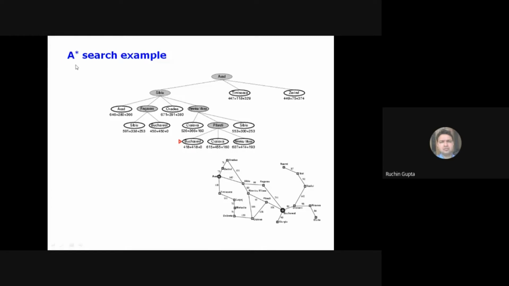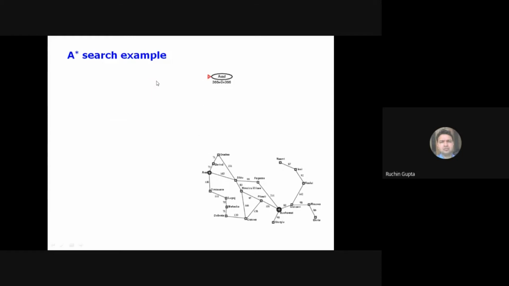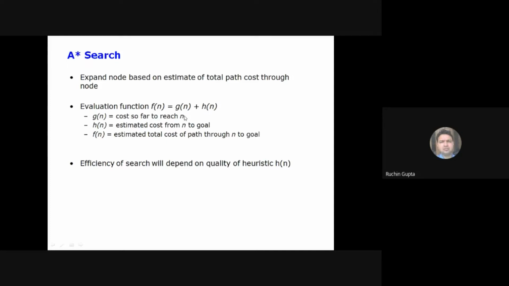Okay, so what is the difference between the A star search algorithm and the previous greedy best first search algorithm? A star is using the evaluation function, which is a combination of two functions, g(n) plus h(n). But in case of the greedy best first search, f(n) is equal to h(n). It is not using g(n), and that's why it is not able to find out the optimal path in the search tree. Right.